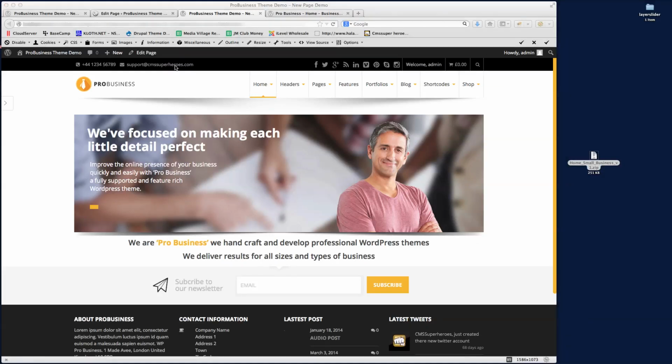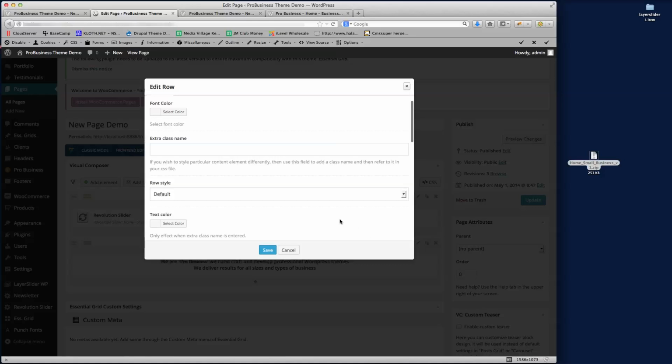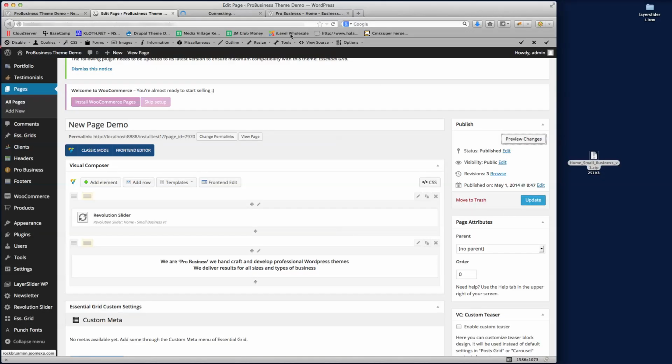So I'm just going to go back to the actual page editor, and at the top here, if we click on the row again to edit it, the top padding we're going to set to 20, and then we'll save that. And then if we preview that again,